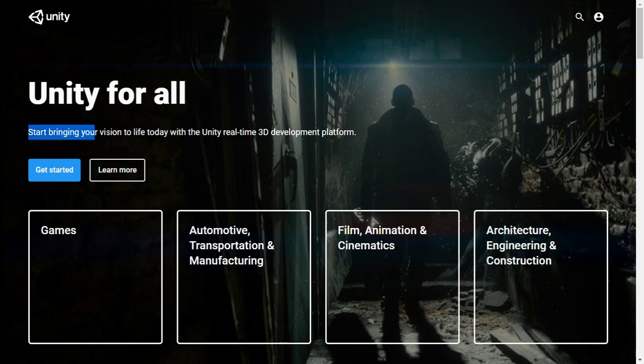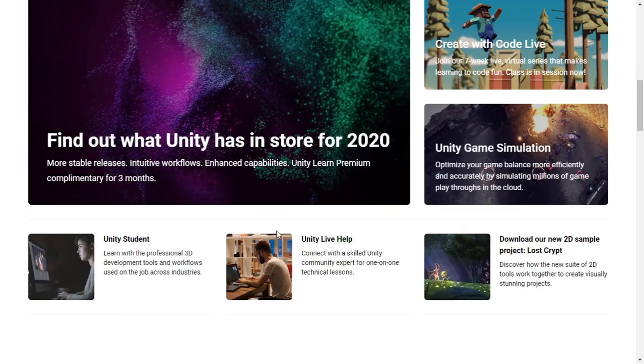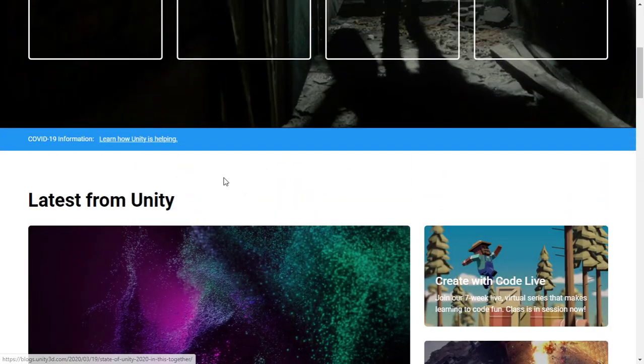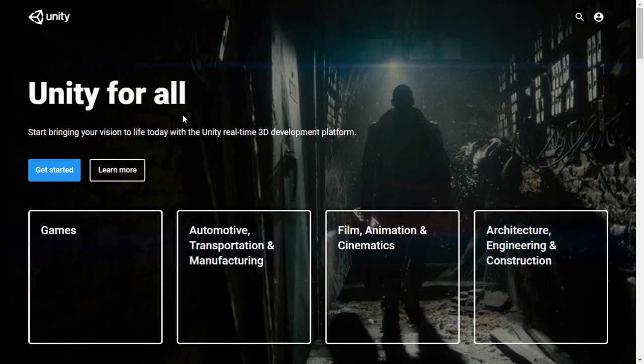Everyone that I looked it up says you have to download Unity because that's the engine that Rust runs on. Yeah, that is true. You can do that, but keep in mind, this is 10 gig. You have to sign up for an account. You have to do a whole bunch of stuff just to get Unity. We're going to skip all that. You don't need Unity. What you do need,